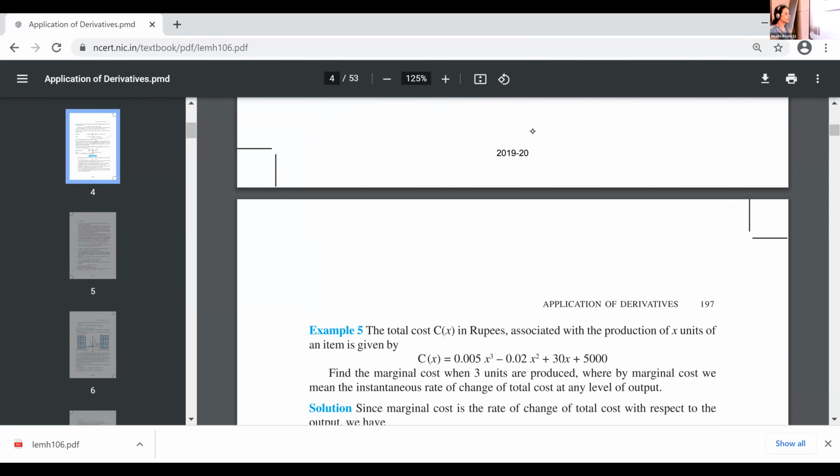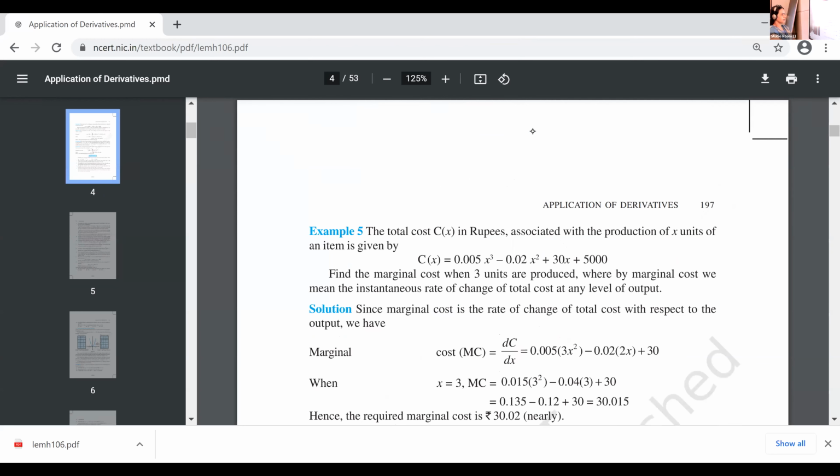Write this question. The total cost C of x in rupees associated with the production of x units of an item is given by C of x is equal to